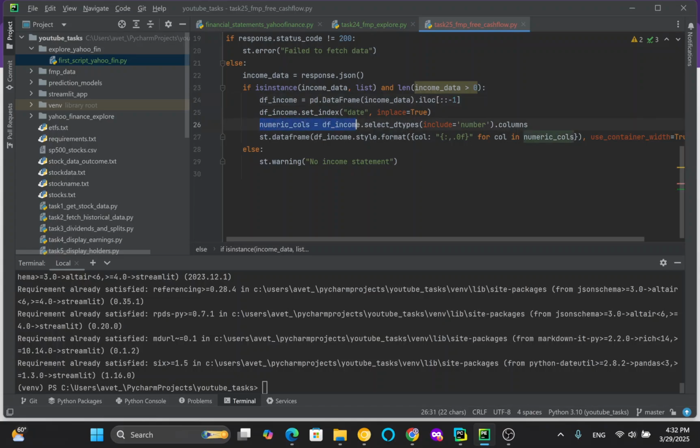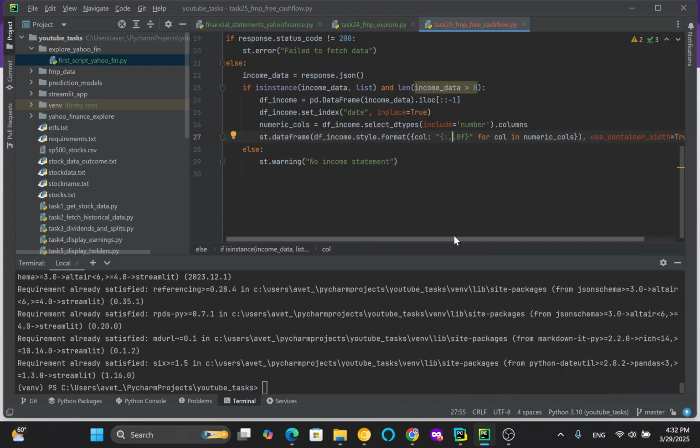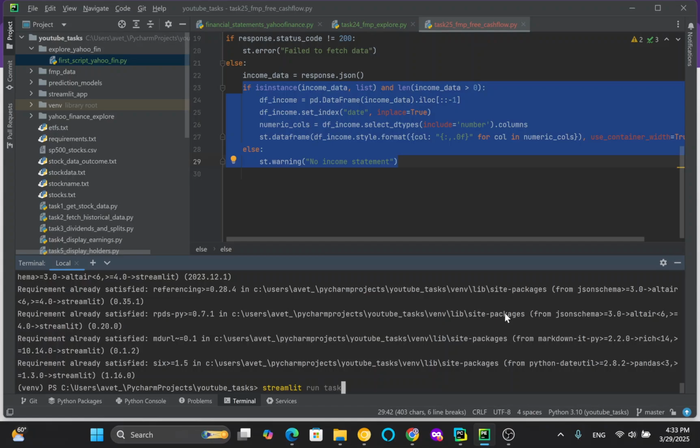Then among the other data, we are taking only the ones that are numbers and applying the formatting only to numerical fields, avoiding any columns containing USD or any other strings. And at the end, we are closing our if block here by making sure that we didn't leave any loose ends. Okay, with that being said, let's do the run: streamlit run task 25, and then let's have the tab button do